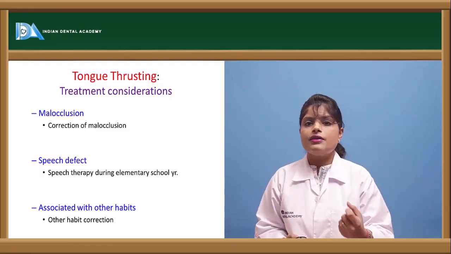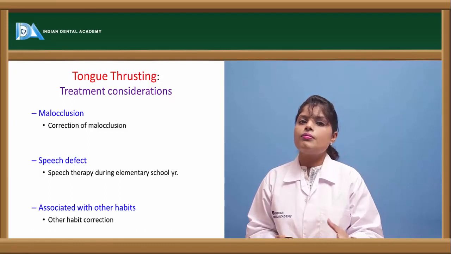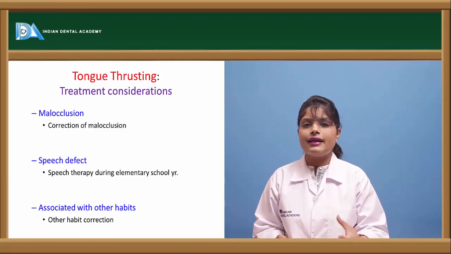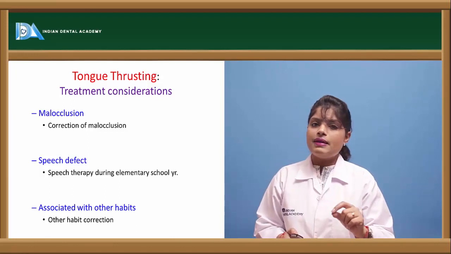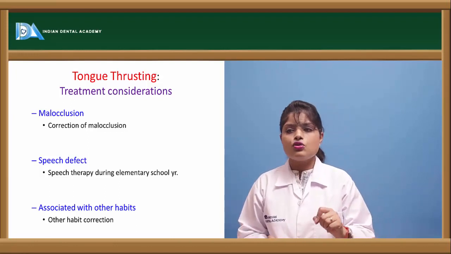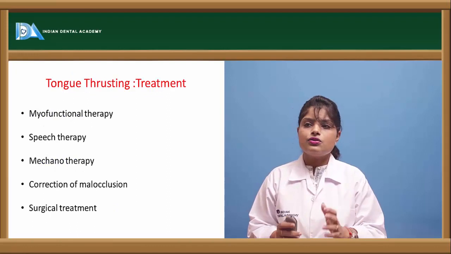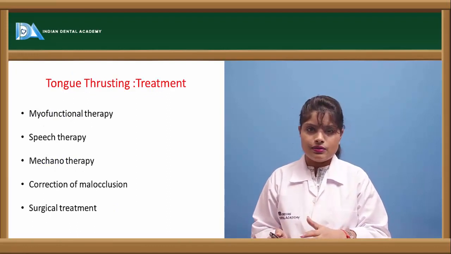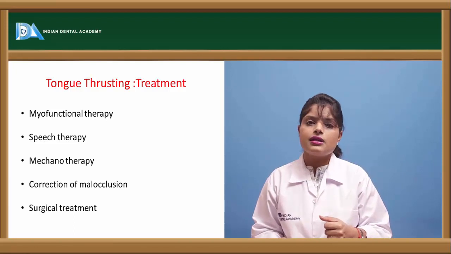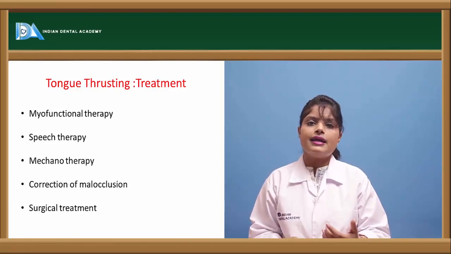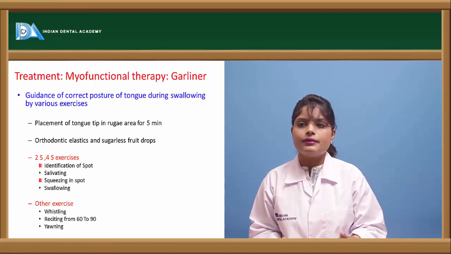For example, if there is increased overjet, overbite or open bite, it should be corrected to correct the tongue thrusting in between. If there is a speech defect, it should also be corrected, and other associated habits should be corrected. Now, what is the basic mechanotherapy and any other appliance therapy like hay rakes,